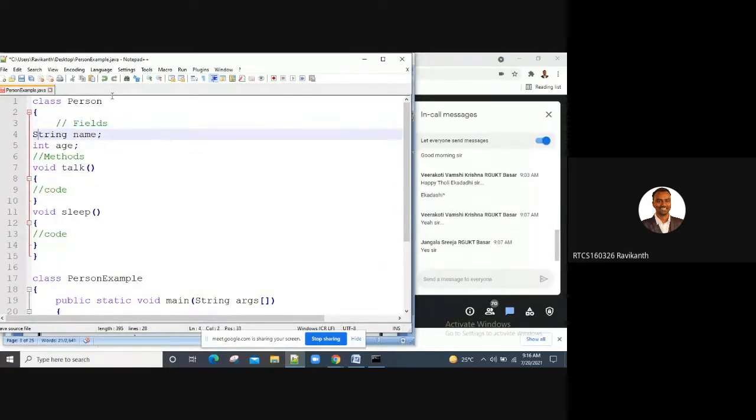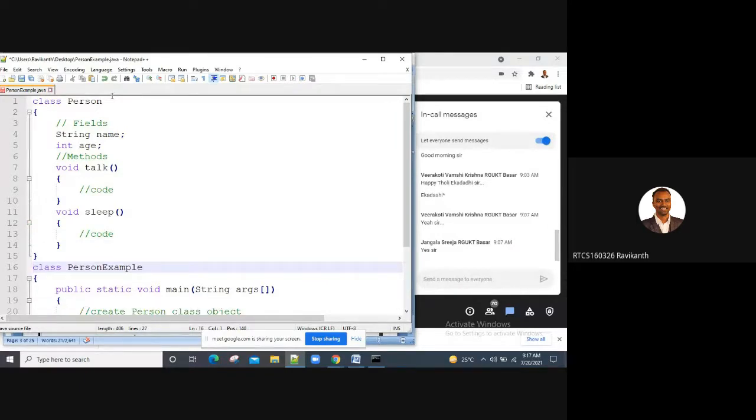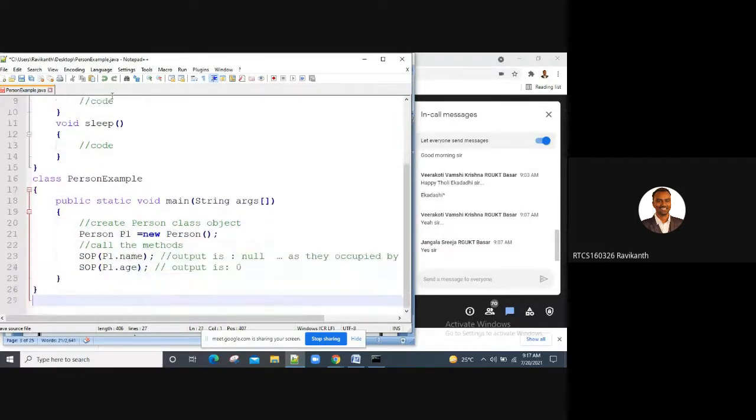So these are your fields, two fields. Then you have two methods, which we have given here. I'm taking multiple classes here.